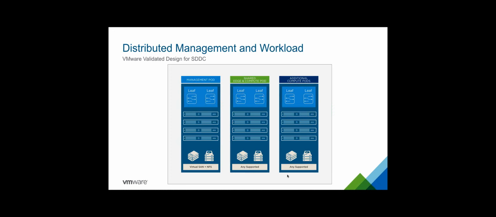Now, in the middle here, you'll see what we call the shared edge and compute pod. This was actually an introduction, I believe, in our 3.0 release. Yeah. We went from having this three-pod architecture to what we call a two-pod architecture. We heard back from our field, our customers, our community, and partners that the design in 2.0 is great with a three-pod design, management, edge, and compute being separated, but customers wanted a smaller footprint to get started. When you had to have 12 nodes for a single region to get started, 24 to get started for a dual region, it became a little